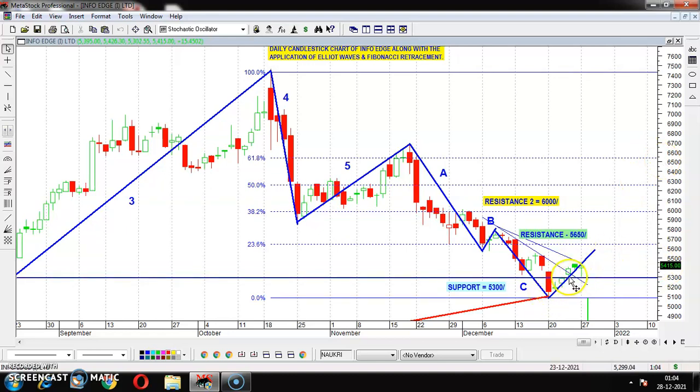If the market moves like Elliott waves, and simultaneously crosses the 38.2%, which is the golden ratio of Fibonacci retracement, right? So as far as the Fibonacci retracement is concerned, if it crosses 38.2%, the golden ratio, then there is a very good possibility it will touch the 50% of Fibonacci retracement, whereas the value of 50% is 6,250, right?